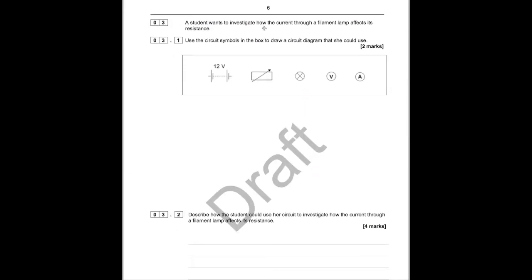Question 3. A student wants to investigate how the current through a filament lamp affects its resistance. Use the circuit symbols in the box to draw a circuit diagram that she could use. So you want to get the current through a filament lamp. Now, if it's going to affect its resistance, Ohm's law is V equals I times R. So therefore R, resistance, equals the voltage over the current. So we'll need to measure the voltage with the voltmeter, measure the current with the ammeter,